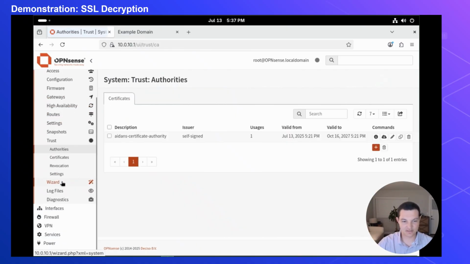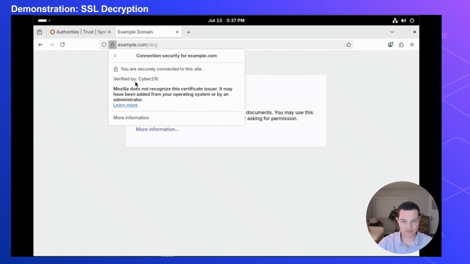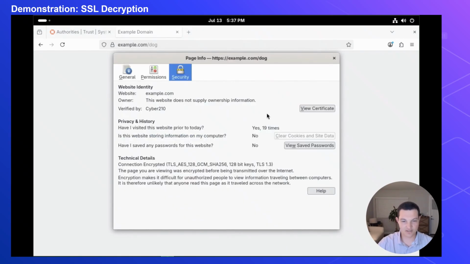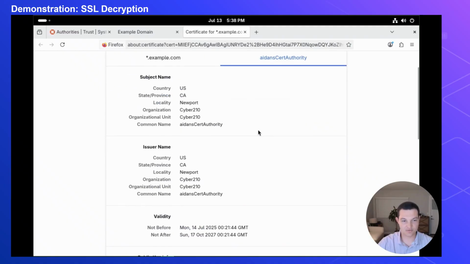OPNsense has the ability to also be a certificate authority, which we can see here under System Trust Authorities. You can see the CA that I made. Now if we go to example.com and we see the certificate for this website, we actually see that it's our cert. So example.com has the normal organization that you might expect, but the signing cert is our root cert made